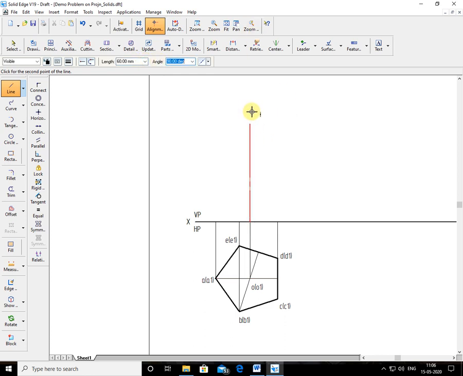Next, from here you have to create. Now when you look at the prism from the front, it looks like a rectangle. So I'm projecting its height. The A1 is a longer side, B1 is a longer side, C1 is a longer side, all are longer sides. What is the height here? 60. So I'll use the line command, a continuous line. I'll use 1 mm thick to see it as a view. So the height I maintain is 60. Then I complete this rectangle.